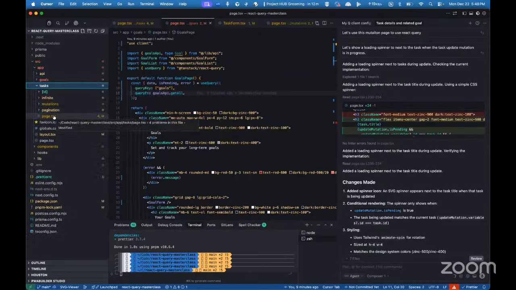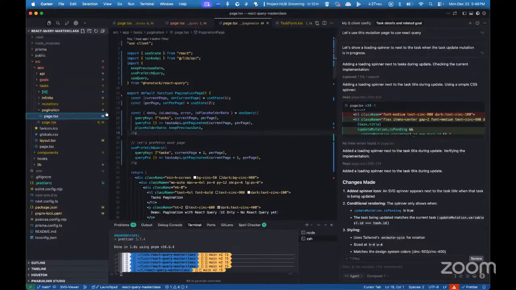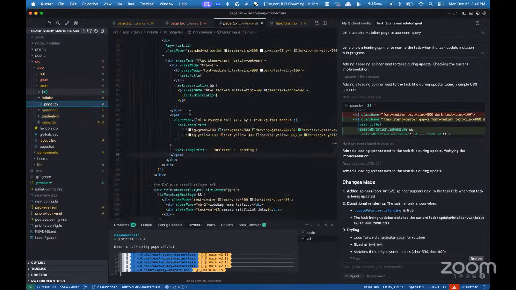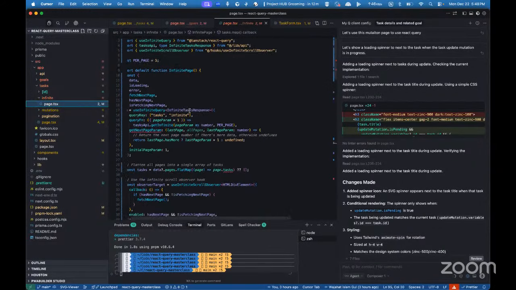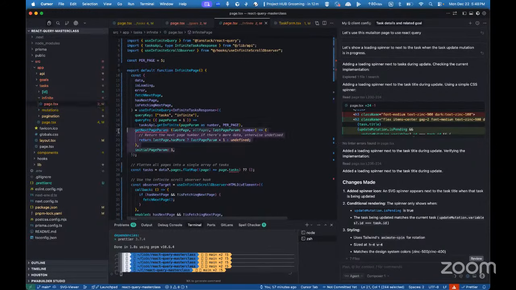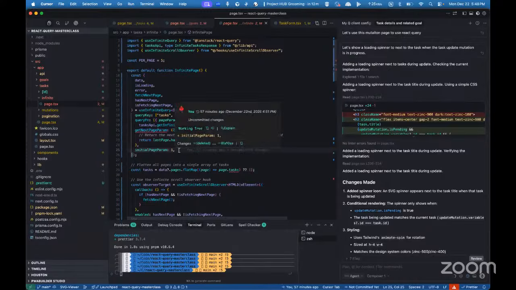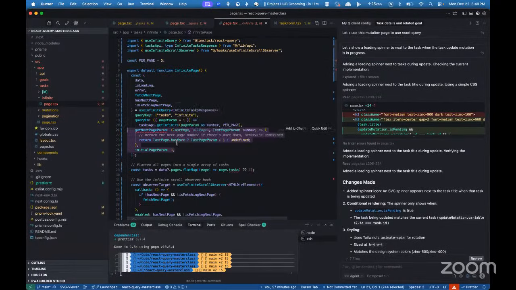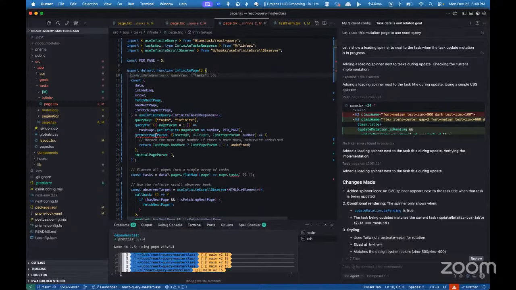अच्छा, इन्फिनिट क्यूरी में और सिंपल क्यूरी में क्या फ़र्क है? ये फ़र्क है कि यूज़ इन्फिनिट क्यूरी में इनिशियल पेज पैराम नहीं देते तो एरर दे देता है, कहता है कि भाई यूज़ क्यूरी यूज़ करो। तो अब ये वाली चीज़ें बेसिकली पेज ही है ना, कि पहले हमने क्या किया था, यूज स्टेट में करंट पेज बनाया था, और फिर उसको अपडेट किया था गेट नेक्स्ट पेज से, और क्यूरीज के अंदर वो नहीं दी थी तो चेंज नहीं हो रहा था।